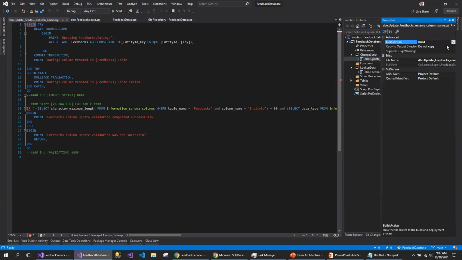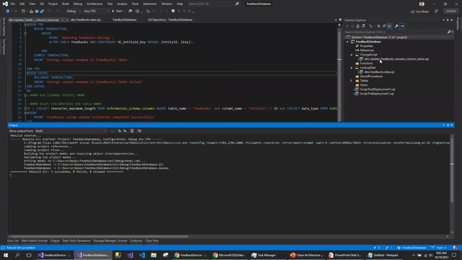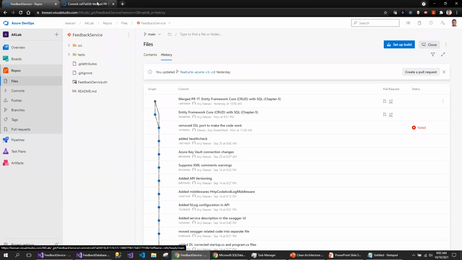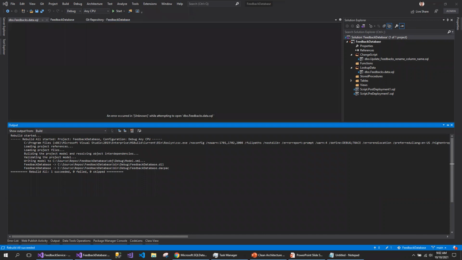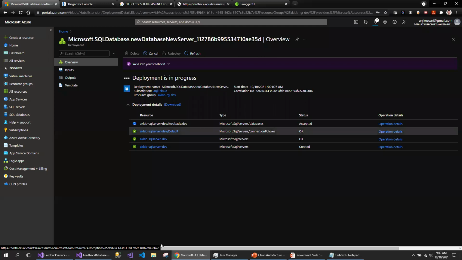For now, what I'm going to say is not build actually. I will not say don't build, but I always include it so that I can talk about the change script, how to actually deploy the change script files, in future videos. But for now, I'm going to focus only on deploying the database in the database project. Let's come back and see. This is my DevOps. Okay, so still deployment is in progress.